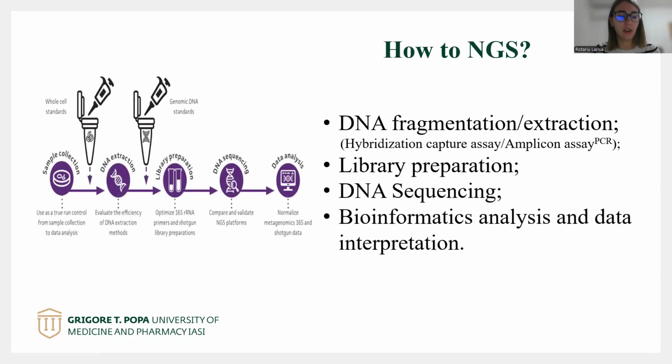The first one, DNA fragmentation, is used to break the targeted DNA into many short segments. It can use mechanical methods or enzymatic digestion. We have two assays. The first one is hybridization capture, which uses a mechanical method, and the amplicon assay, which uses PCR. The second one is the library preparation, which is a process by which DNA segments are modified so that each DNA sample can have a sample-specific index, and it allows the sequencing adapters to be added to